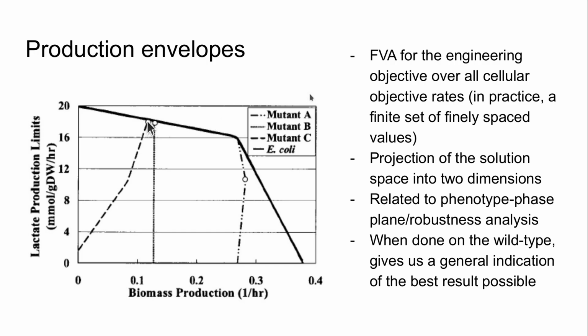Because if we do OptKnock, we're only going to find this single point here, and that gives us very little information. If we do the simpler approach that we showed last time, where we just do FVA on the optimum, it will give us a better overview than OptKnock, but it will still only give us, for instance, this line, and that is not necessarily super useful if you, for instance, have something like this,